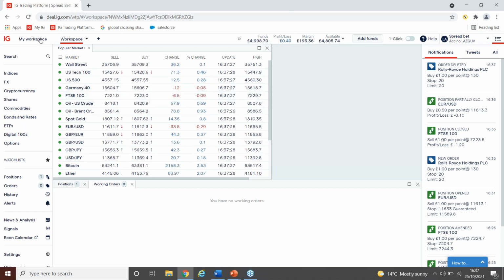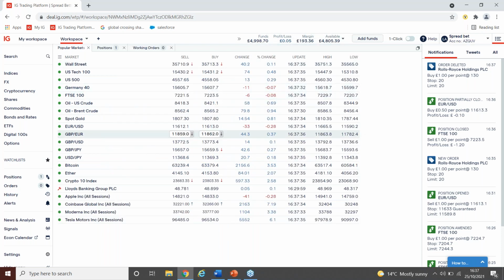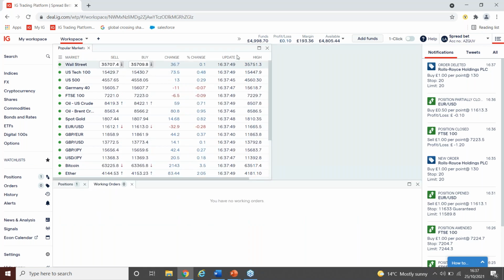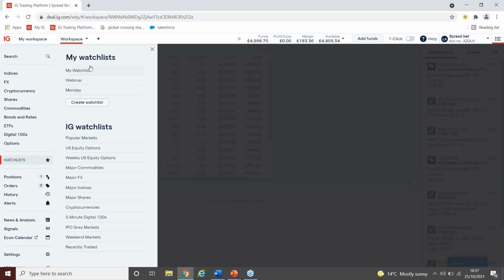The other important parts, which I alluded to earlier in terms of the features of the platform, were our watch lists. So this version here, if I just maximize it for you now, is an IG watch list in terms of the popular markets. So we'll populate here with all the most commonly traded markets that most IG customers trade with. However, there may be a situation whereby you want your own designed watch list with specifically the markets that you're interested in. So to do that, click on watch lists and you can create your own watch list pretty much. So if I just create a new one here, let's just call this new